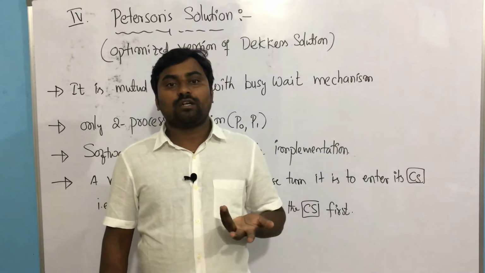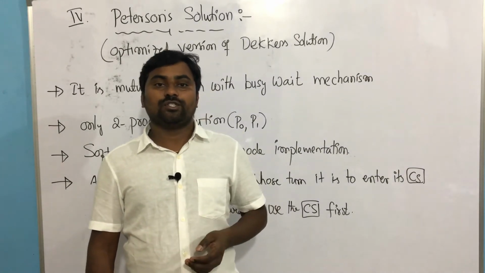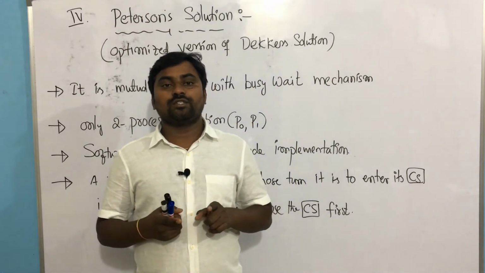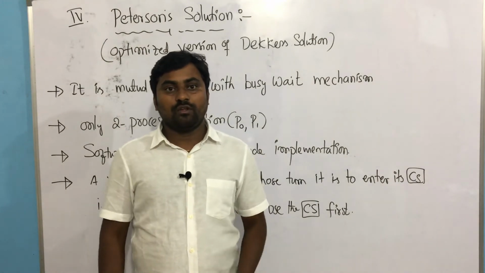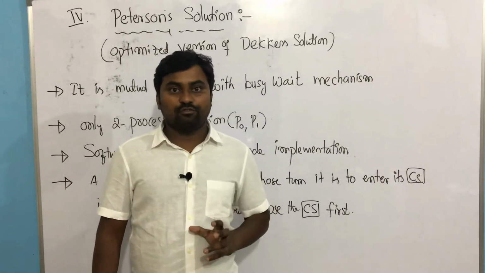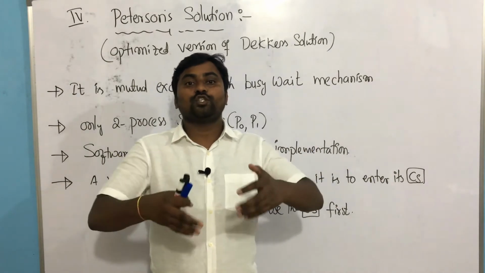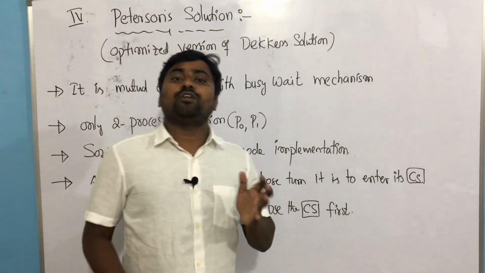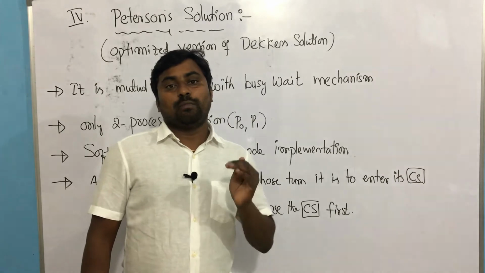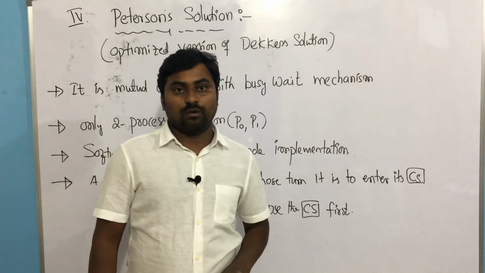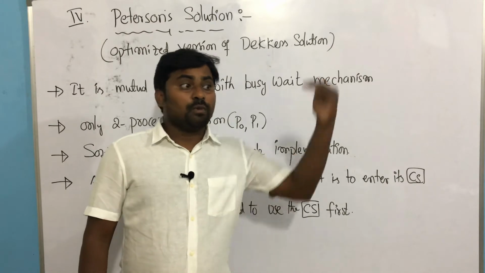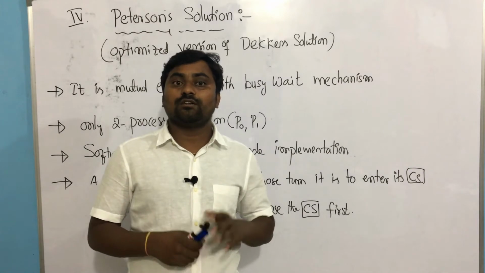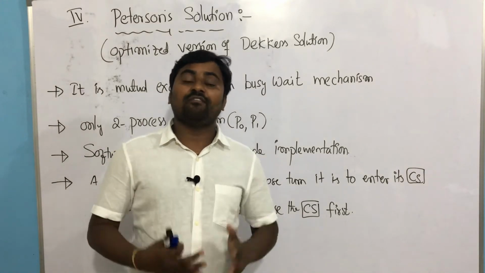So what is the failure of strict alternation? In strict alternation, there are two processes, and if one process wants to use the critical section, that must be allowed by the other process, correct or not? And we are not maintaining any information about whether the processes are interested in using the critical section or not. In strict alternation, P0 was interested in using the critical section, but it was stopped by P1, which I showed, correct or not? P0 is interested in entering the critical section, but P1 is not interested. The turn value is held up with P1 only. That is the reason progression is not satisfied. Here we are maintaining very clear information.